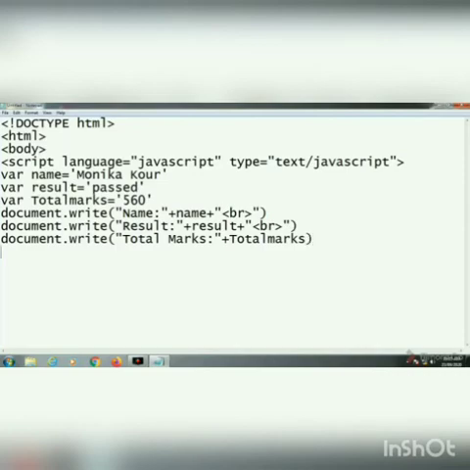Then we have to close the script tag, then after that the body tag, then the HTML tag.